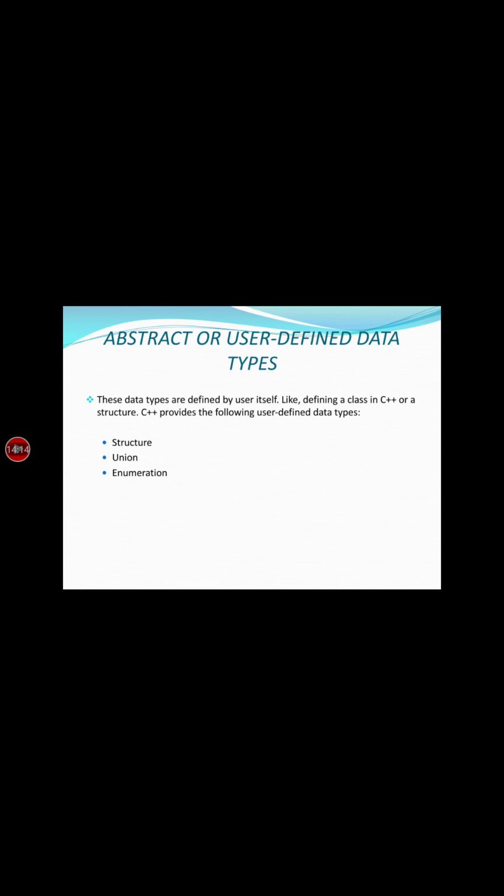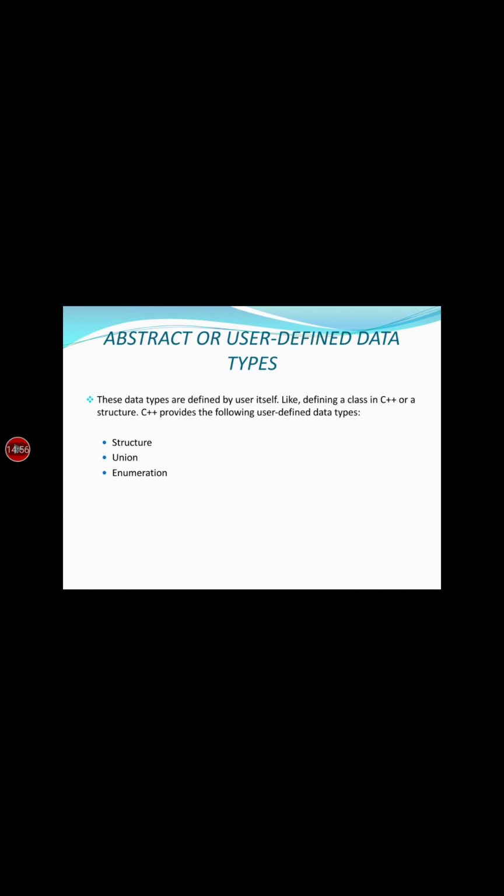Now what is a structure? It is a collection of different data types, variables grouped together under a single name. In this, first we have to declare and then initialize. Syntax is struct tag name. Struct is a keyword and tag name is the name of the structure. Example is, suppose we have data type member 1, data type member 2 and data type member n. It specifies the data items that make up the structure, and data types are int, character, float.